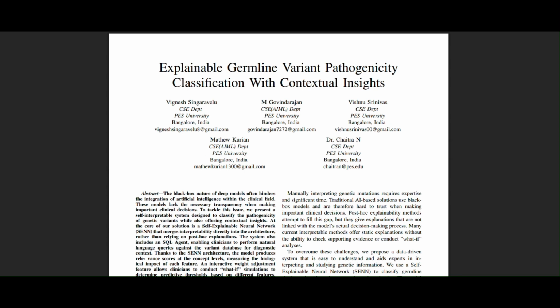Future work on this project would include enhancing the current SQL agent to work on a fine-tuned model rather than through prompt engineering, and modifying or tweaking the conceptizer through different approaches. Automated database updates, or rather have an API calling towards a main database for up-to-date information, and support for additional variant types. Thank you.